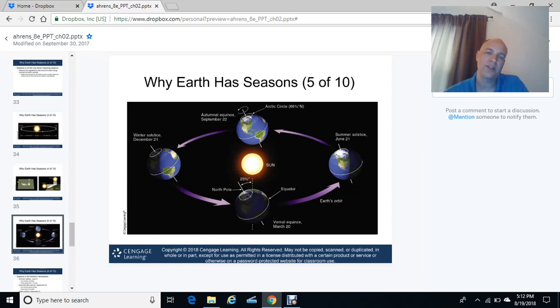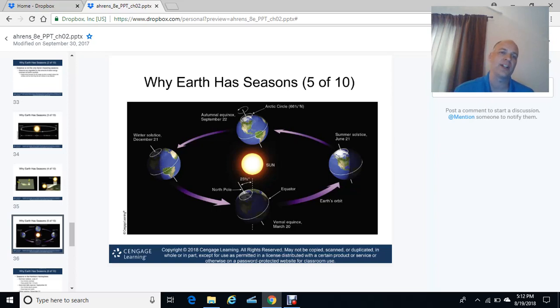As a result, different portions of Earth are tilted towards the sun, and different portions are tilted away from the sun throughout the year. Now, the autumnal equinox, September 22nd, and the vernal equinox, March 20th, are points in time where there are 12 hours of day and 12 hours of night everywhere on the Earth's surface. Okay? December 21st, we call the winter solstice, or the first day of winter